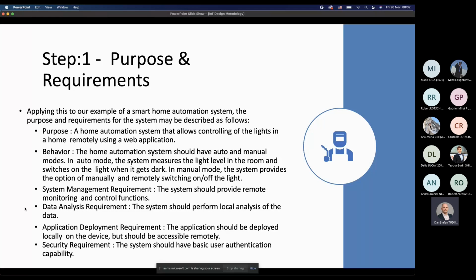So you describe this in this paragraph with the behavior, and you go forward and make a system management requirement. So the system should provide remote monitoring, of course, and control function. You're going to have to do this over a web application. That analysis is, the system should perform local analysis of the data. So there's no, let's say, very intricate analysis of your data. The only thing you need to analyze is actually the sensor data